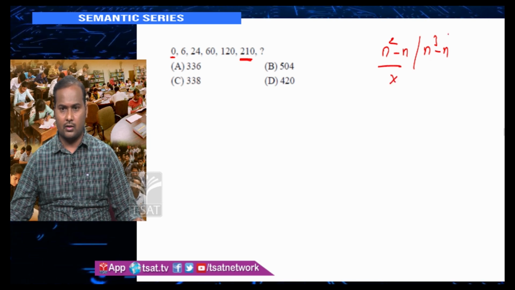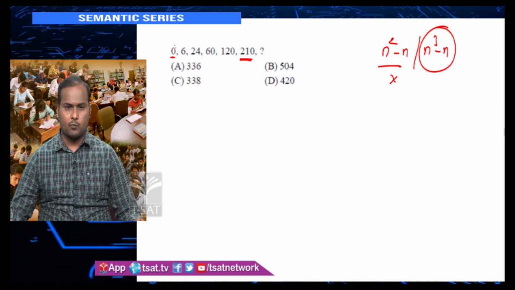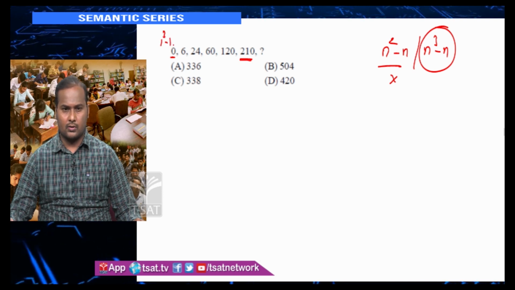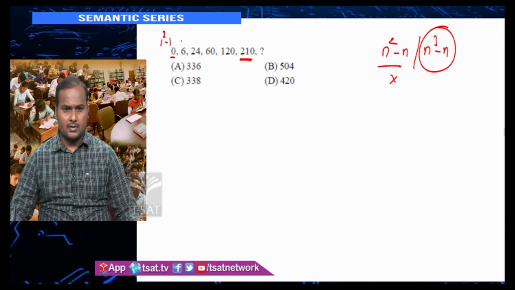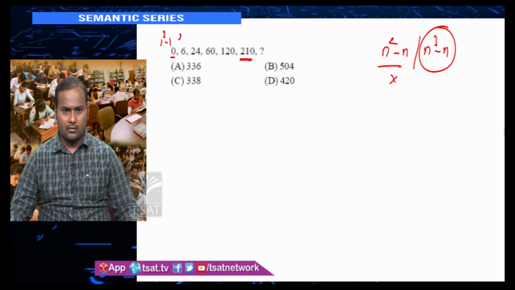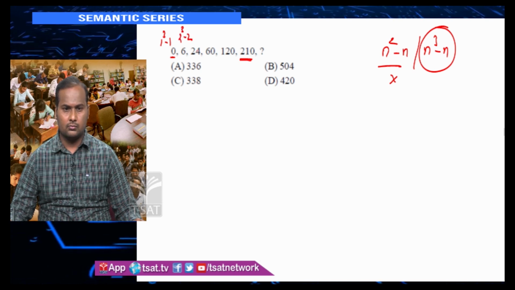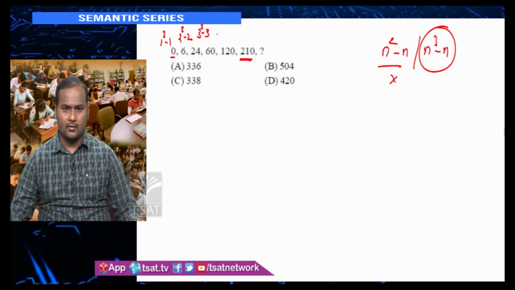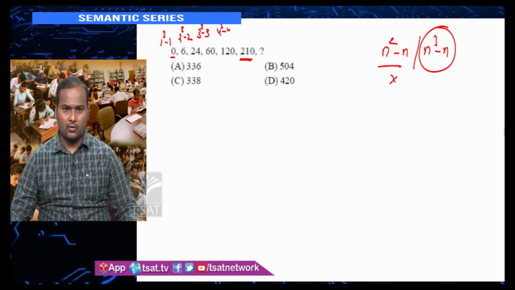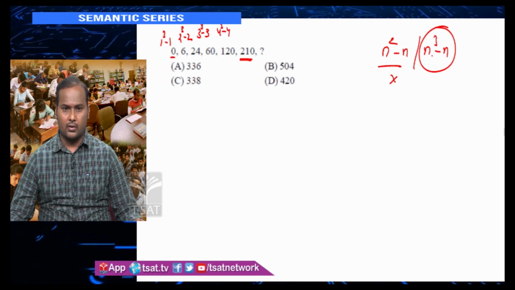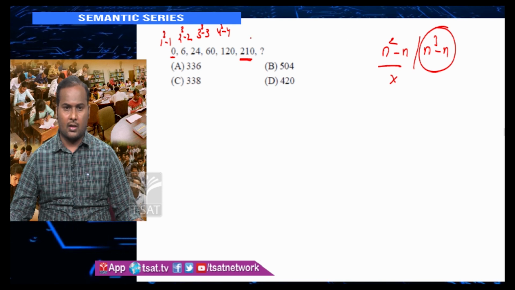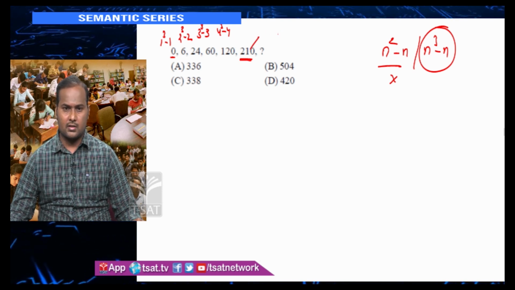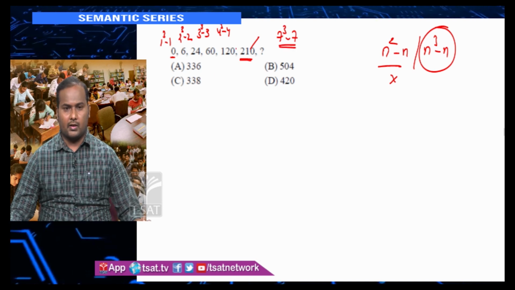So obviously I will go with n cube minus n. 0 I can write as 1 cube minus 1, 6 as 2 cube minus 2, 24 as 3 cube minus 3, 60 as 4 cube minus 4. Obviously the pattern is n cube minus n. So our answer will be 5 cube minus 5, 6 cube minus 6, and then 7 cube minus 7,